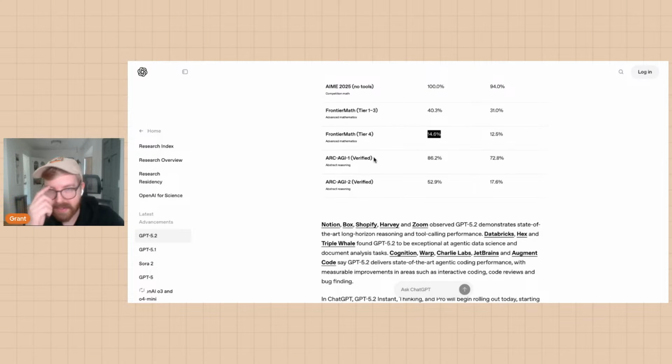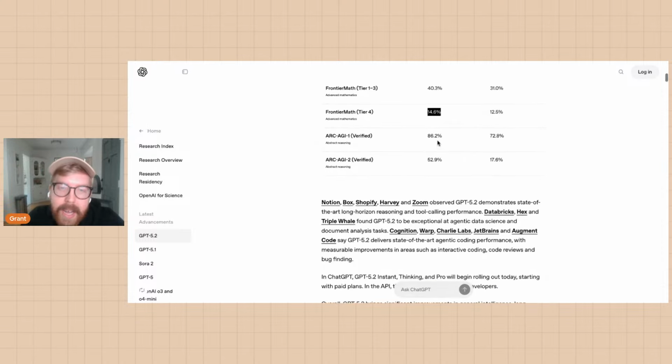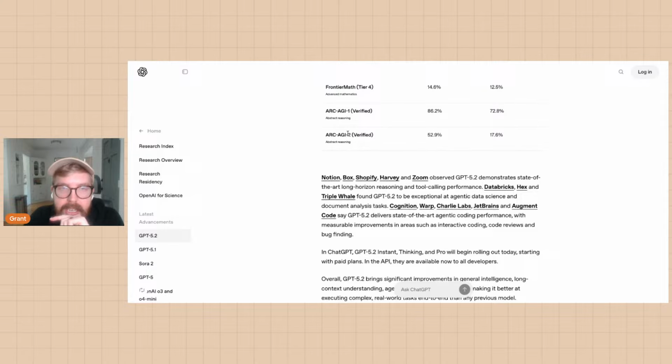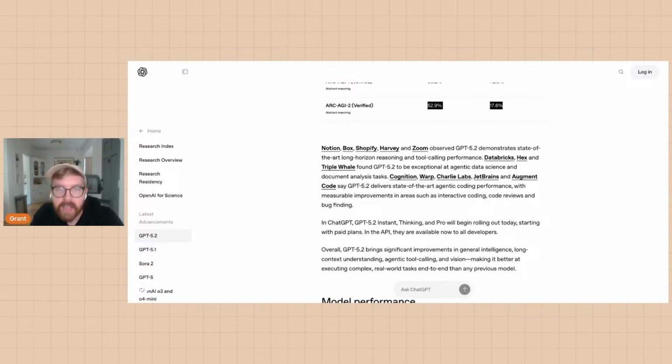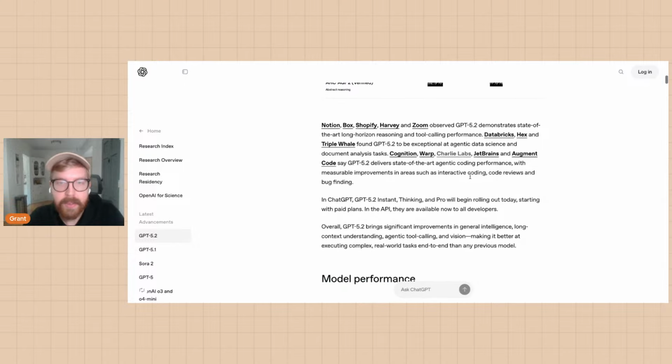Oh, I see. There are different levels of frontier math here. Abstract reasoning, okay, 86.2%. That's a pretty big jump. And by the way, this is for ARC-AGI, a test that tries to measure generalization, which is how the model can generalize when put in a new scenario. Then ARC-AGI-2, it's at 52%. And we're now on ARC-AGI-3 for people keeping track at home, and it's pretty much an entirely video game based benchmark at this point, which is pretty cool.